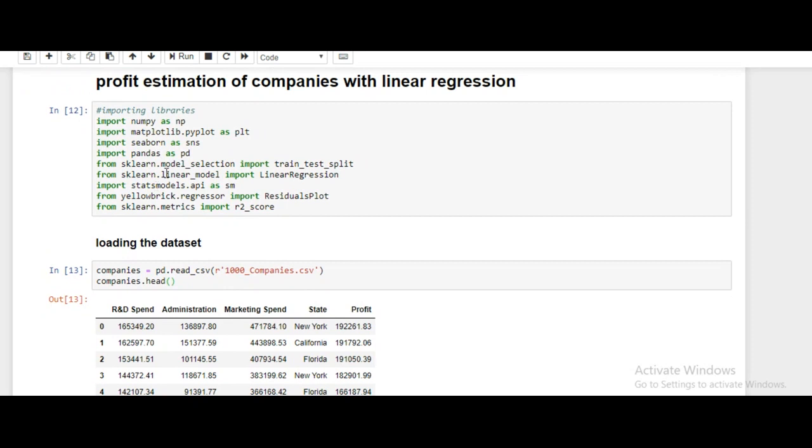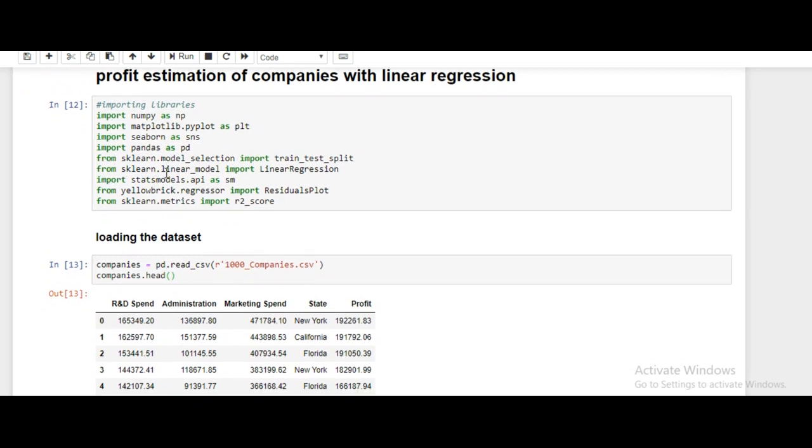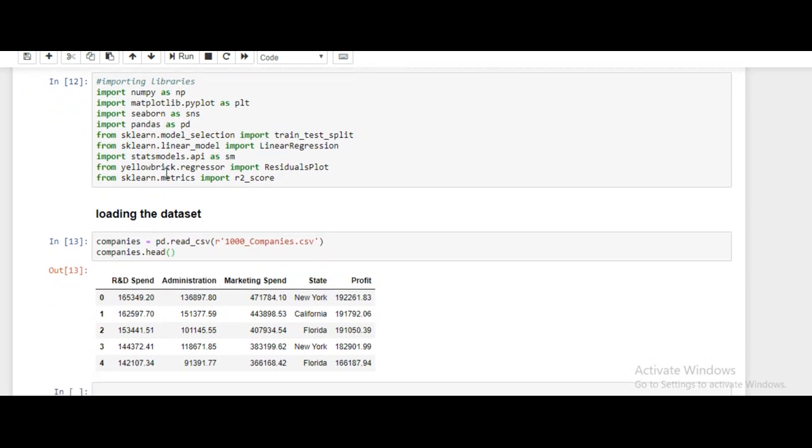Here, first I have imported the necessary packages. The packages are NumPy, Matplotlib, Seaborn, Pandas, sklearn. NumPy, numerical Python, is used for performing numerical calculations. Next, Matplotlib and Seaborn are used for data visualization. Pandas is used for importing data, exporting data, and to do pre-processing activities in our data.